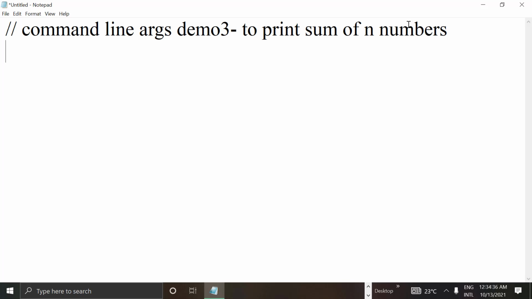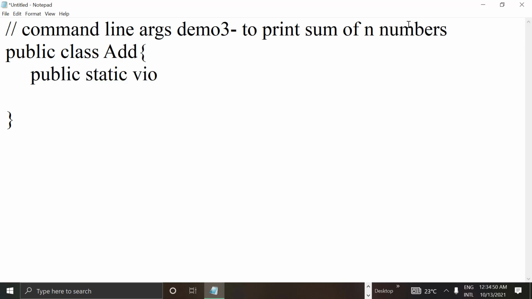For that, we write public class add. You can give any other class name of your choice. Now we add the main method: public static void main, and here I take the command line argument array name as args.